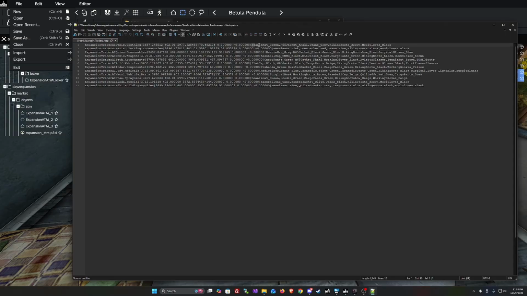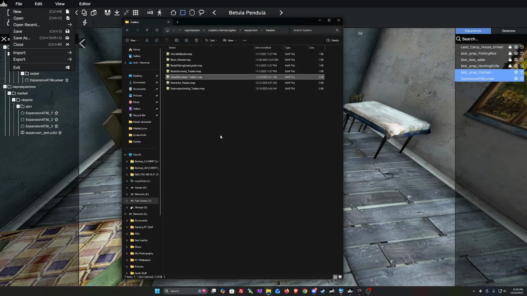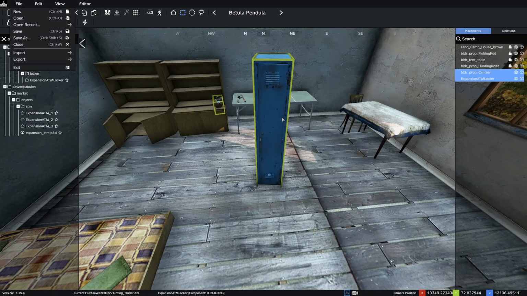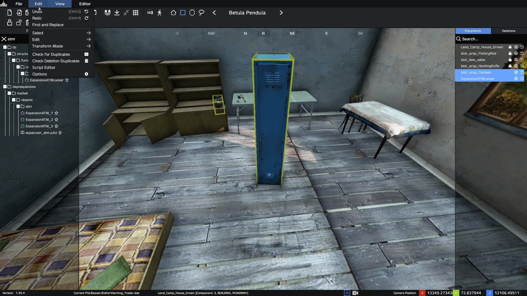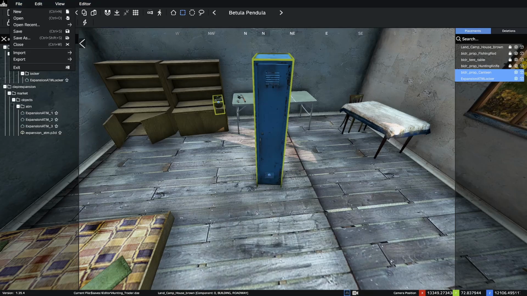And then like I said, on a trader AI person, this is what clothes they're wearing right here. So yeah, that's how that works. It's not that hard to do. It just takes a minute to learn everything. And then I'll do another video, once I'm done with this, on how to set up the